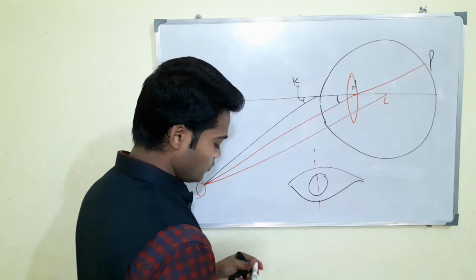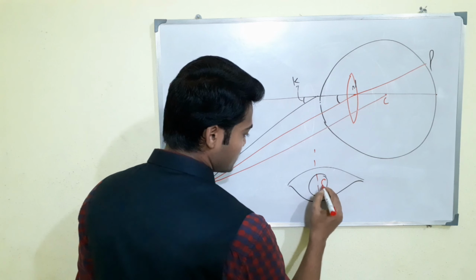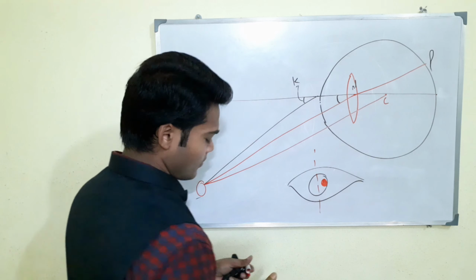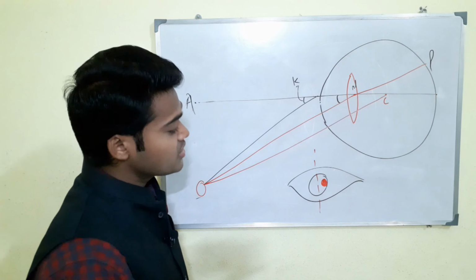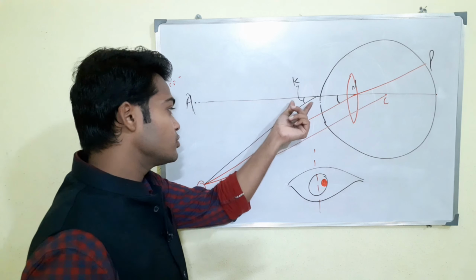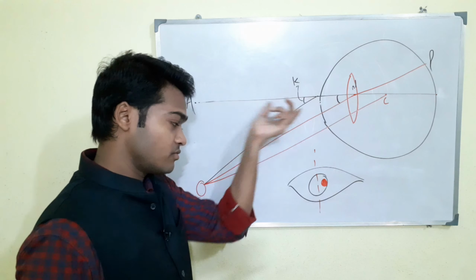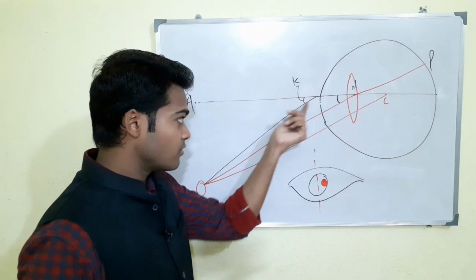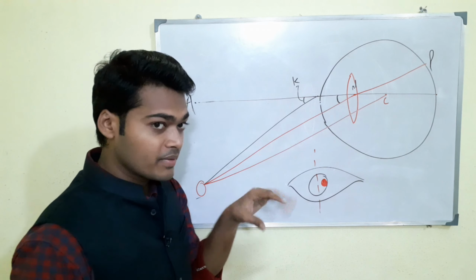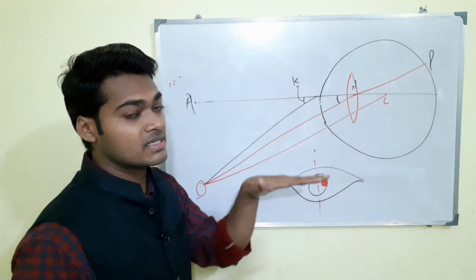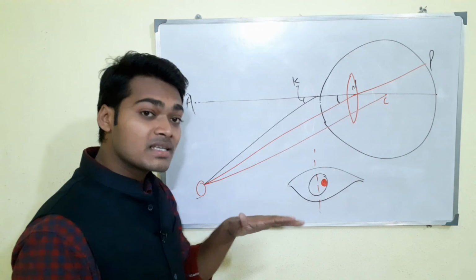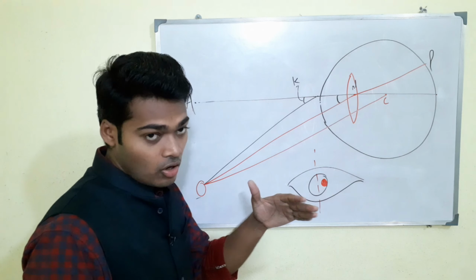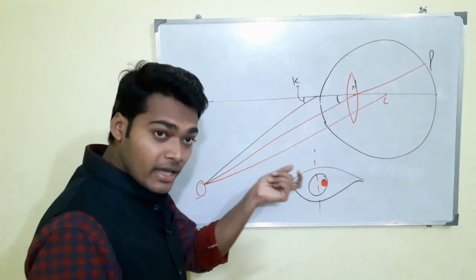And I show you, suppose this is the first Purkinje image. Just assume this image is responsible for defining the visual angle and optical axis, or this one is the pupil angle, which forms here. Angle kappa is basically responsible for defining whether the case is positive or negative, meaning whether strabismus is present or not, and if present, then how much or which type, meaning eso or exo, right?